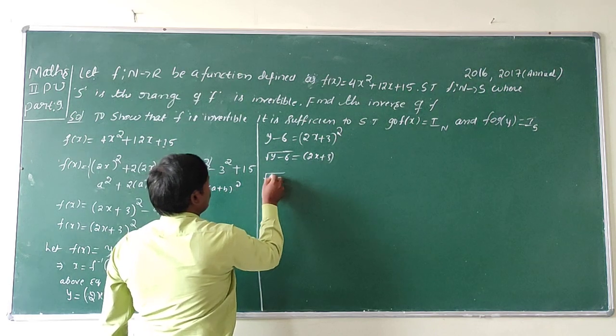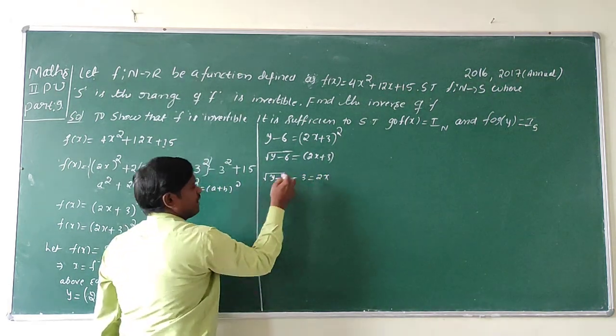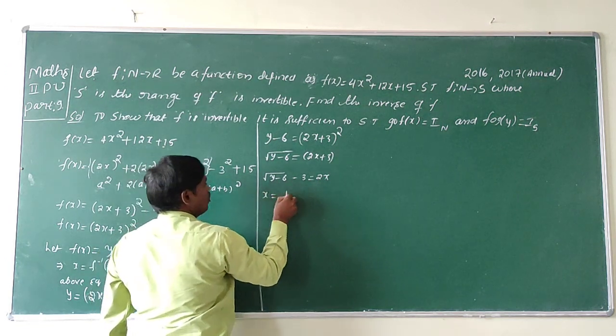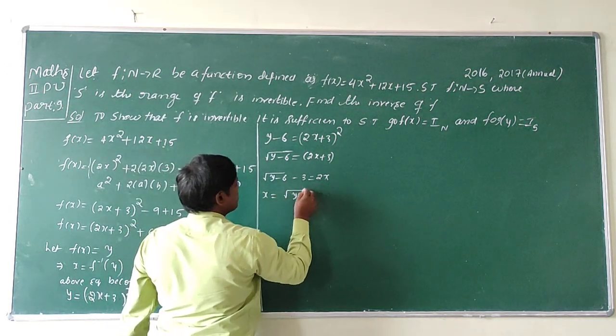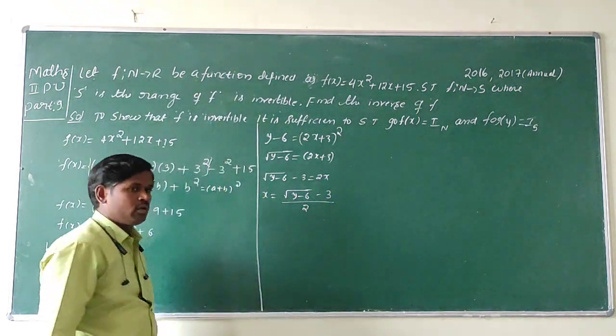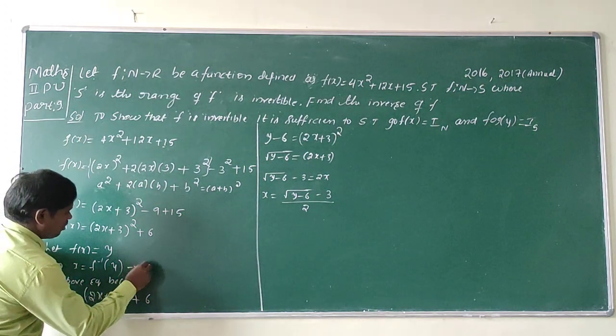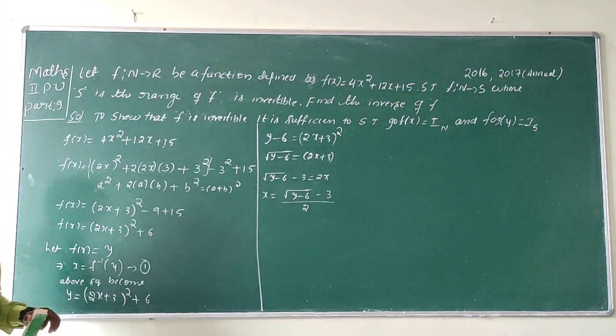So root of y minus 6 minus 3 is equal to 2x. So now we want to find x. x is equal to root of y minus 6 minus 3 divided by 2. Okay, so this is x. Suppose this is taken as equation number 1. So therefore